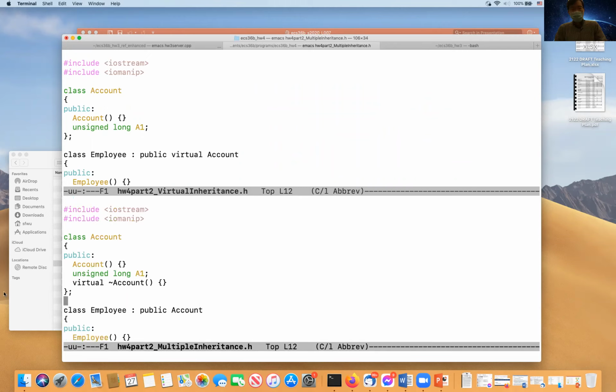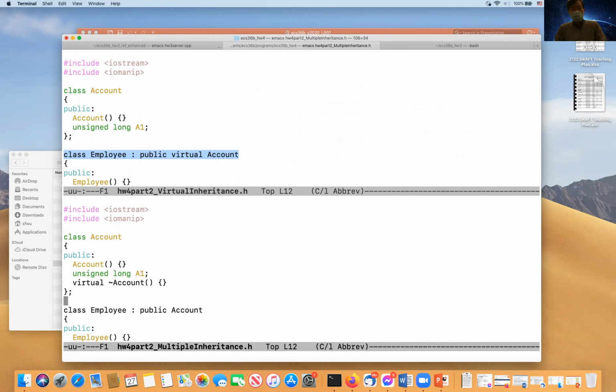This is multiple inheritance, class employee public account. This is virtual inheritance, you say public virtual account. With that, you declare this as a virtual inheritance. Other than that, these 2 pieces of code are exactly the same.